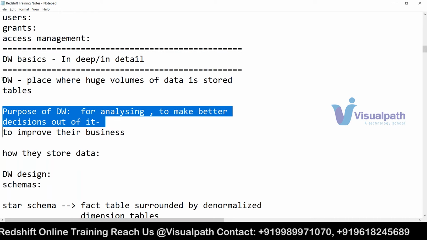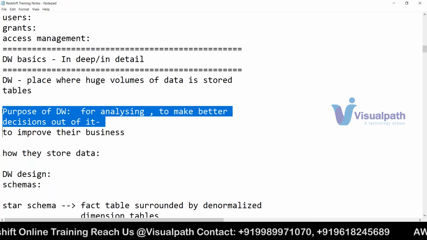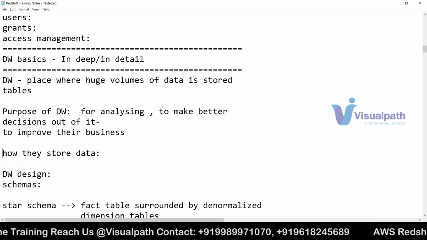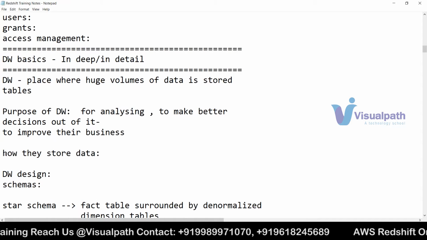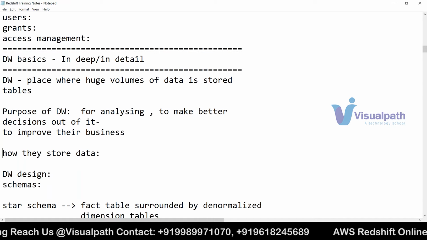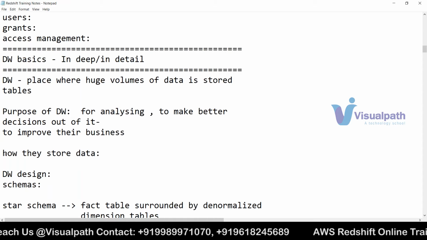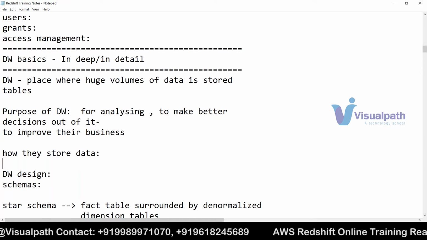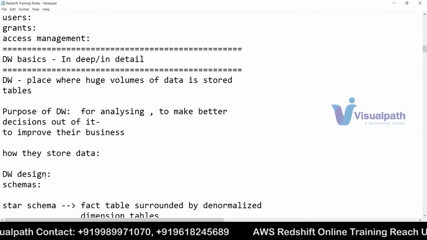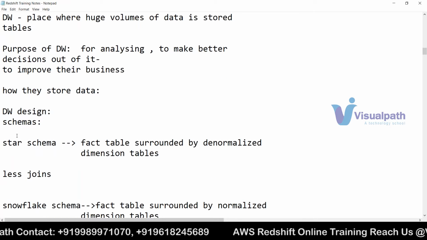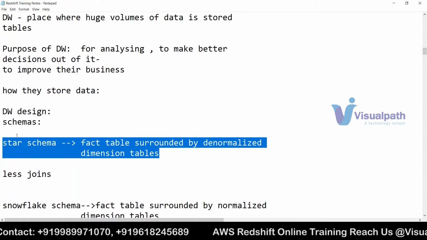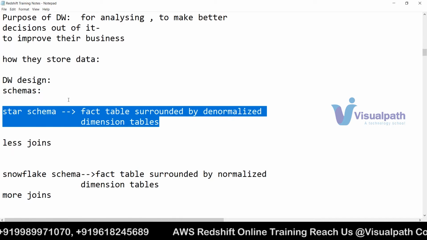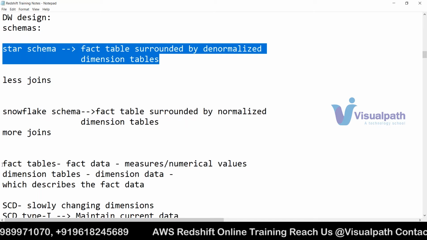Okay, cool. Till now we have seen databases and data warehouses. In databases we know the data is stored in terms of tables, primary keys, foreign keys, and all these things. Then what about in a data warehouse? In a data warehouse also, data is stored in terms of tables. The answer is yes, it is also in terms of tables, but here it's not primary key, foreign key and all that. Here the tables are called fact tables and dimension tables.